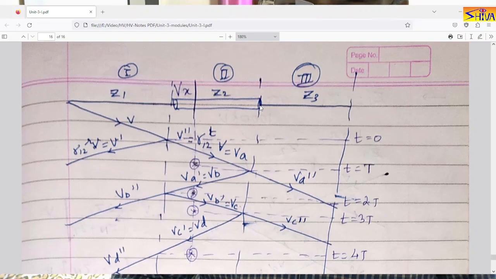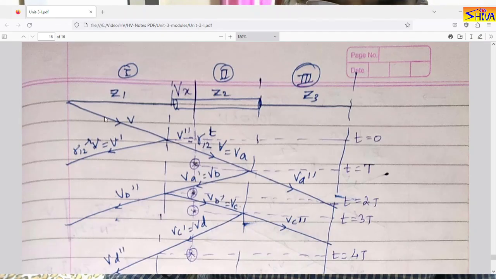Here also there is change in impedance because the wave is moving from cable to transmission line. So again there is change in impedance, so there will be again reflection and transmission. Let us say voltage V starts from this end and moves towards the first line-cable junction. So at this point, when the voltage wave reaches, there is transmission as well as reflection.